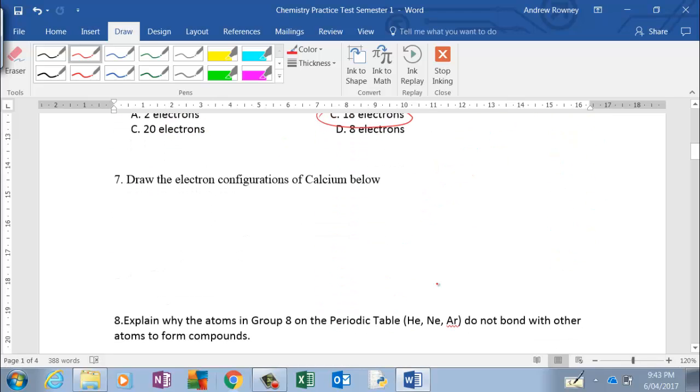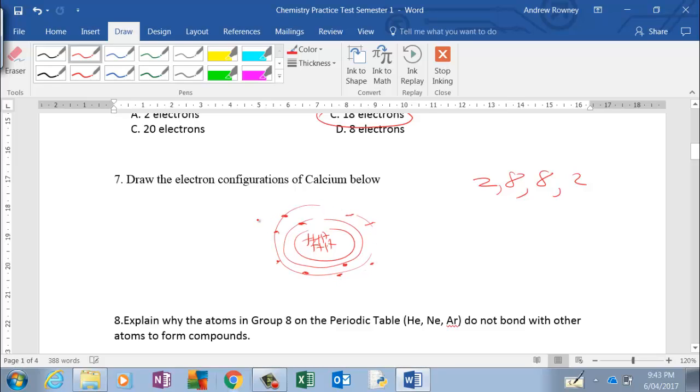Draw the electronic configuration. So Ca20, you need to have 20 protons in the middle, and around the outside you need to have 2, 8, 8, 2, because the structure goes 2, 8, 8, 18. So there are 2 in the first shell, there are 8, 1, 2, 3, 4, 5, 6, 7, 8 in the next shell, another 8 in the next shell,